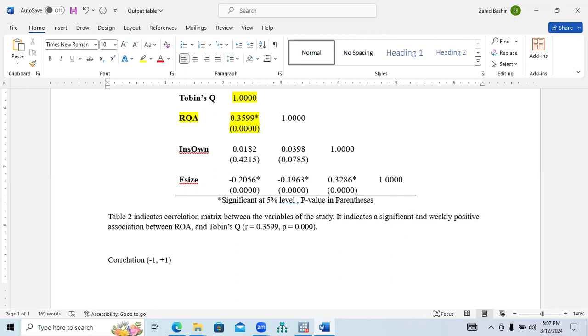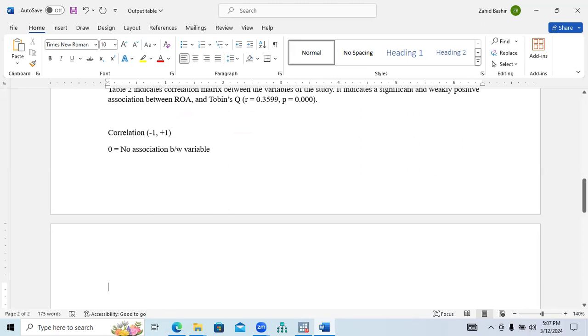So if your value of correlation is 0, it means no association. But if your value is less than 0.50, it means